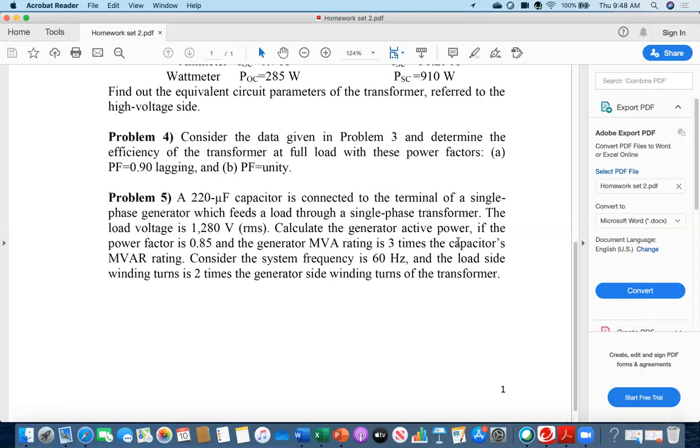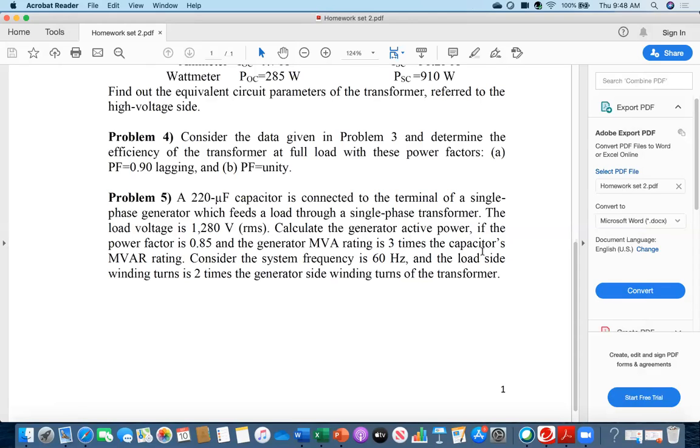Okay. So now once again, everybody see the question is calculate the generator active power, which means the real power, P, and power factor is given. And then this statement is important. Generator MVA rating is 3 times the capacitor's megawatt rating, meaning that with this information, using the 220 microfarad capacitor,